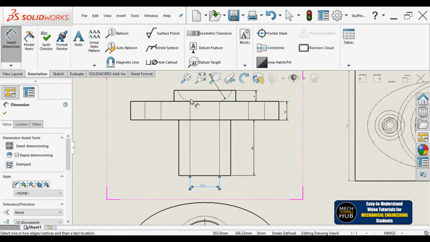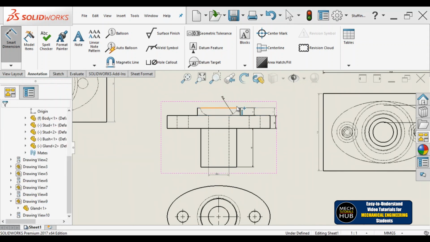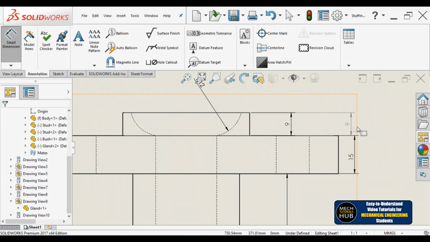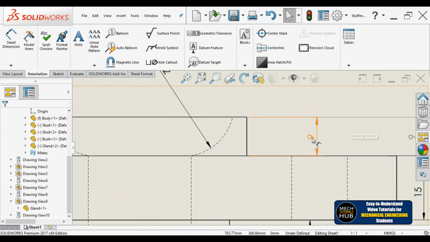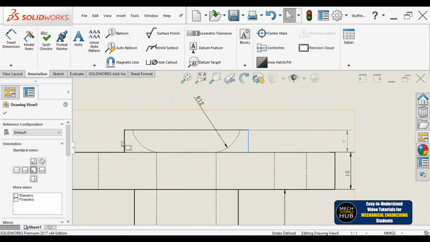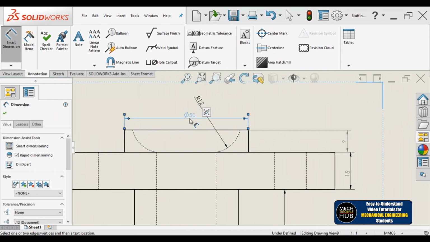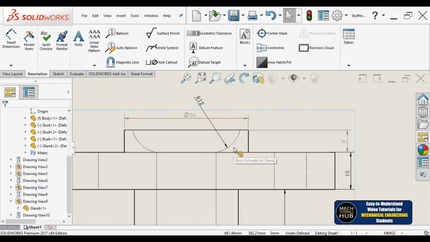Same 24, and if you need any dimension related to the top, it is supposed to be 50, that can also be placed. Okay, I got more. Okay, this over dimension should not be there. I got 2 in a row, which is wrong, so that one has to be deleted. From here to the next vertical, it is supposed to be, sorry, smart dimension, from this vertical till the next 50.